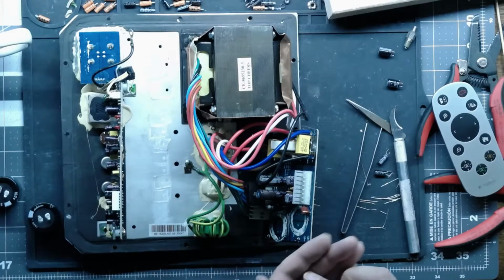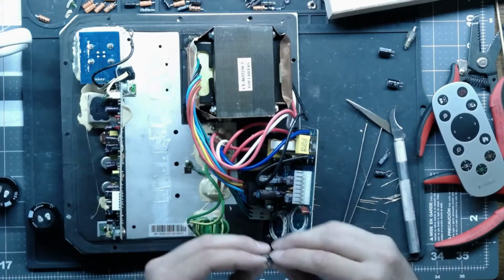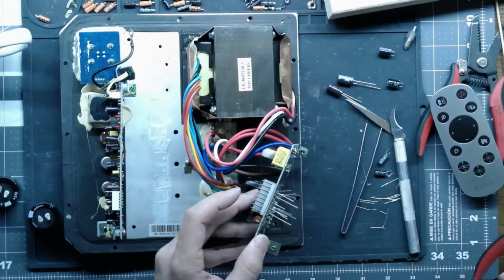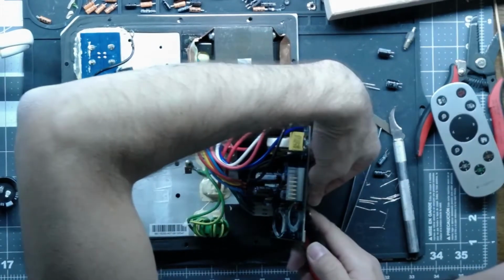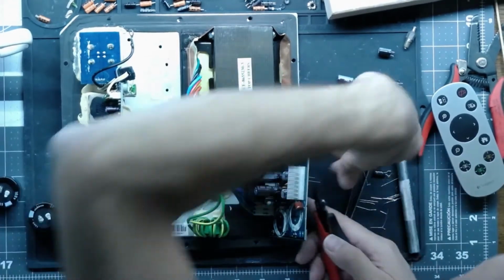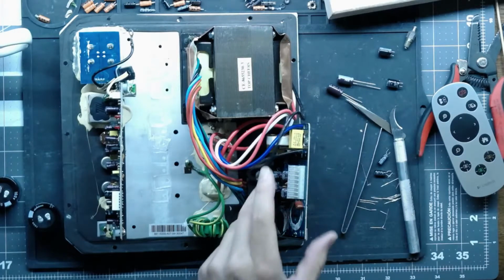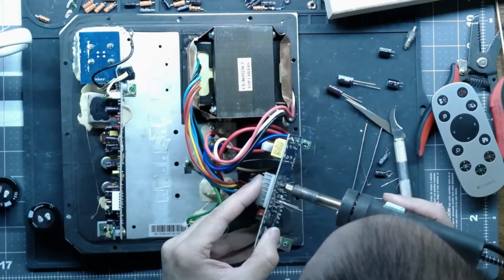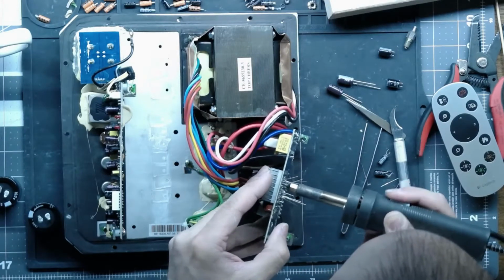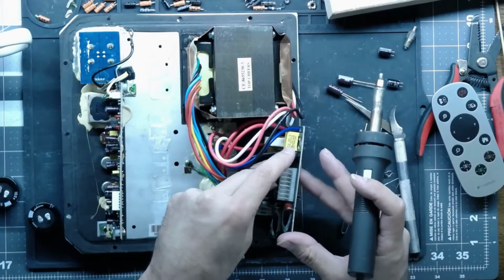I planned ahead. I have the right diameter. So we'll pop those out and put the good ones back in. We'll pop the good ones out and put other good ones back in. Except now I have to cut the leads. Don't cut the leads flush if you're going to reuse the cap. Leave yourself a little working room. I'm glad I thought to order those. I didn't think I did, but